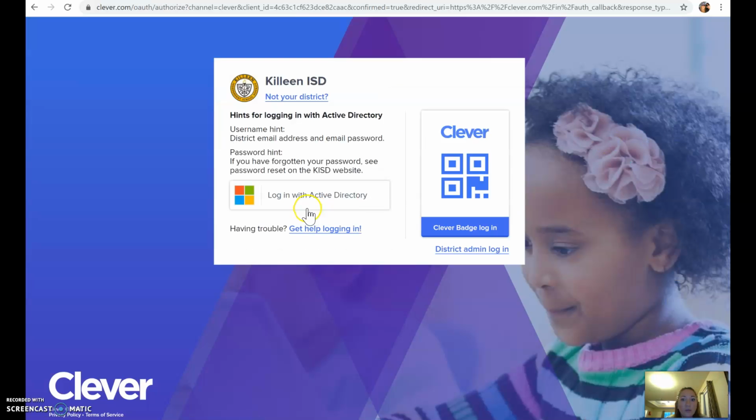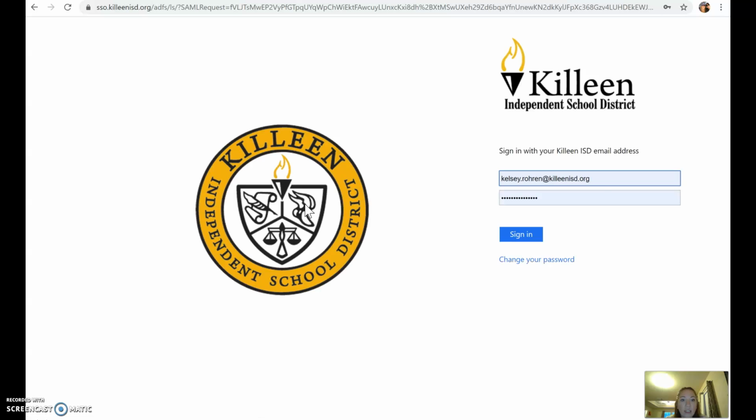using their school ID. So you'll click login with Active Directory and it will bring you to this page right here. You will put in your child's email address, which is then their student number at KilleenISD.org. Their password is the first 3 letters of their last name, and then their student ID again. Okay. And then it will sign them into Clever, which is where they'll have access to Imagine Math and Imagine Literacy. Okay, so if we click sign in,